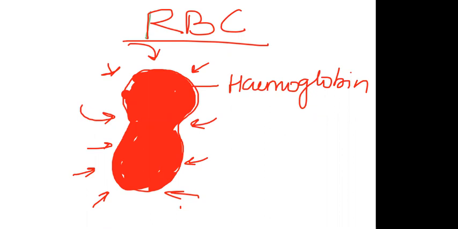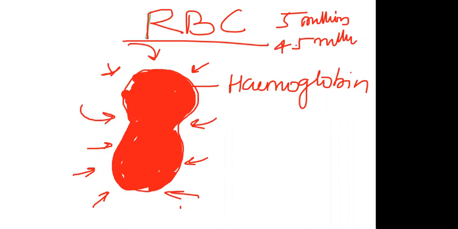So what about the count? The count of RBC is 5 million per cubic millimeter of blood in men, and 4.5 million in women. A decrease in the number of RBC is called erythrocytopenia, which leads to anemia. An abnormal rise in the RBC count is called polycythemia. I'm just moving on because we learned all this already, isn't it?